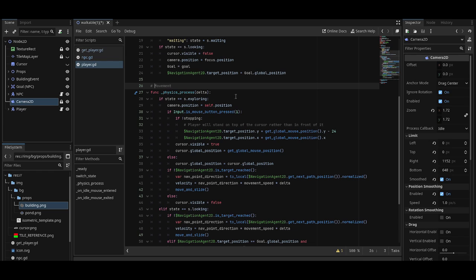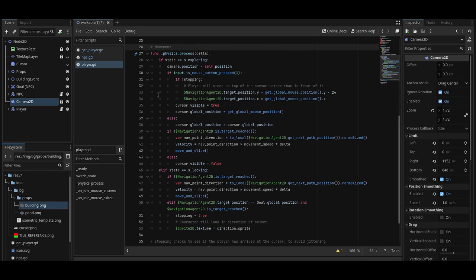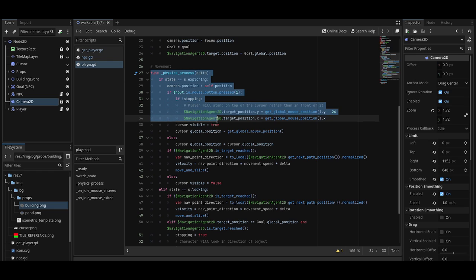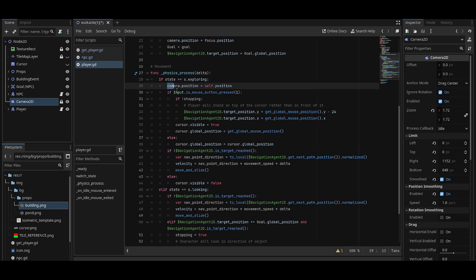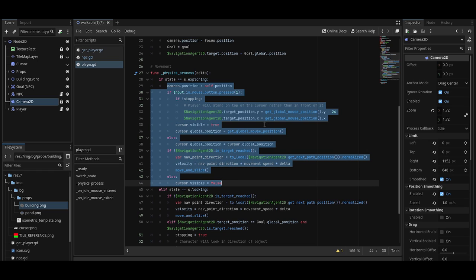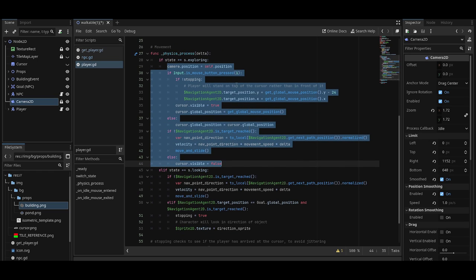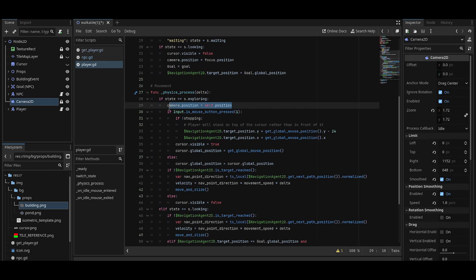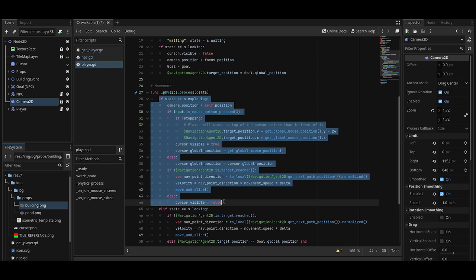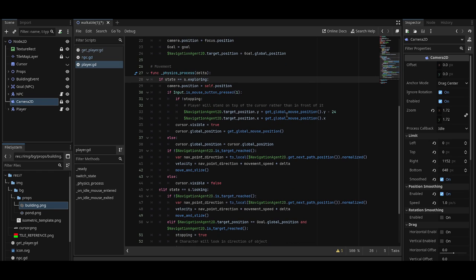Next, we have movement, which some of this is going to be familiar, some of this isn't. This whole thing that we had before is all from the previous video. The main difference, I think, is the camera position is now focused on the player at the top. But now we have it all contained within this statement if the current state is exploring. So basically the exploring state is what we're typically going to see,